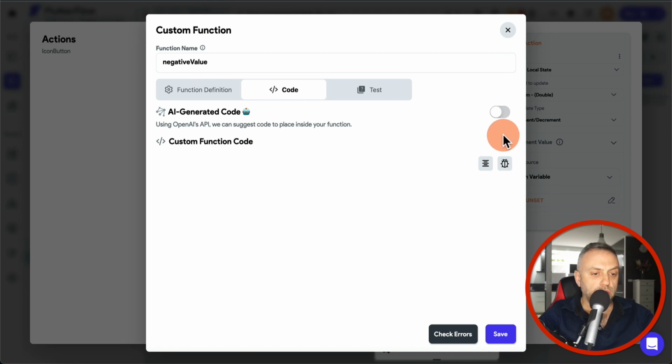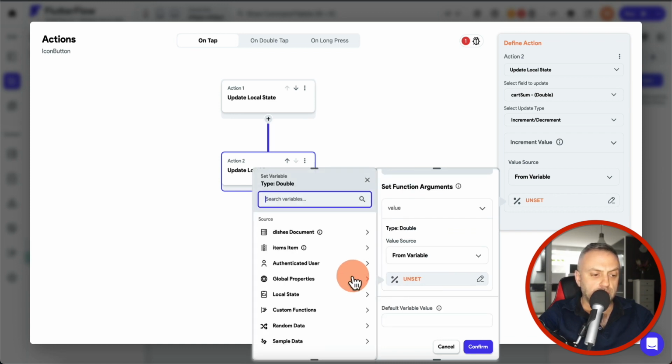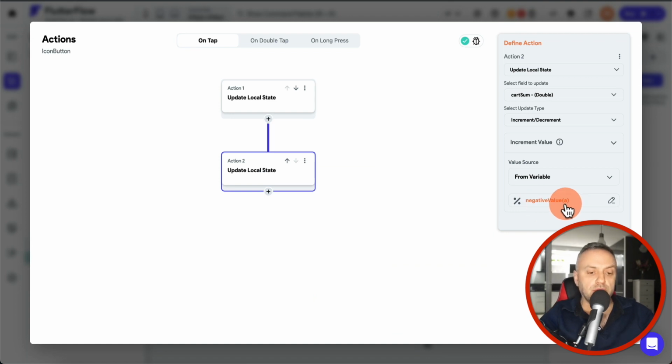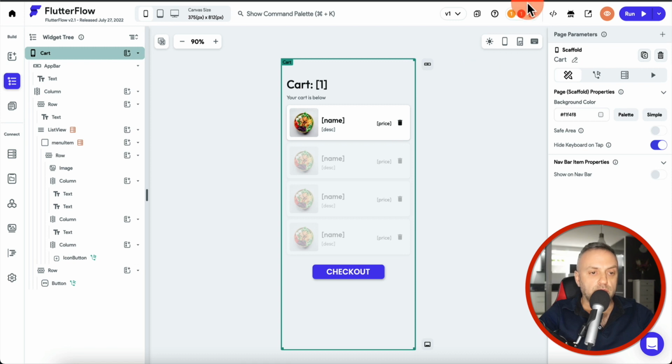Now we're gonna go into code here, and what we're gonna do is say return value times -1. So that's our custom function. We're taking the price, multiplying by -1, thus getting the negative value. Hit save. And now we're gonna say set function arguments. From variable, we're gonna set the price right here, and we're gonna be getting the negative value of the price. So now if we run the app, we should be able to